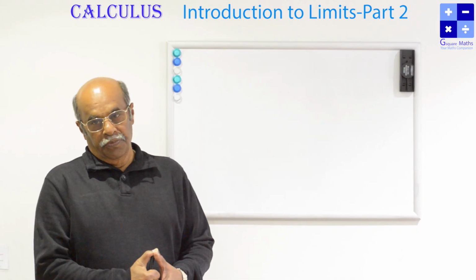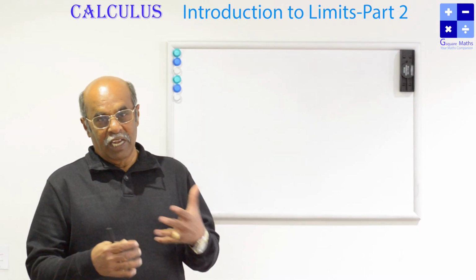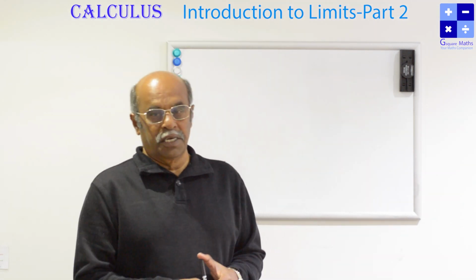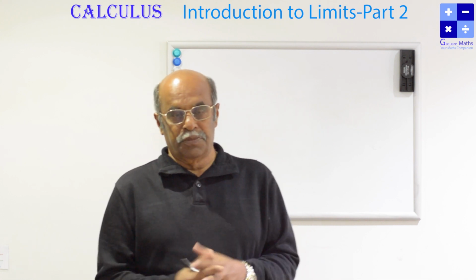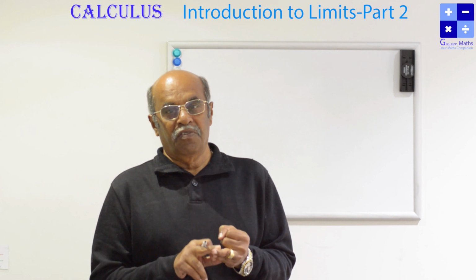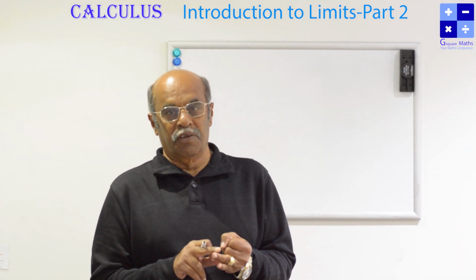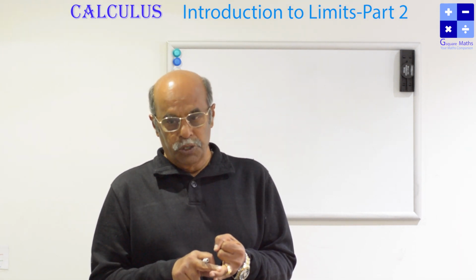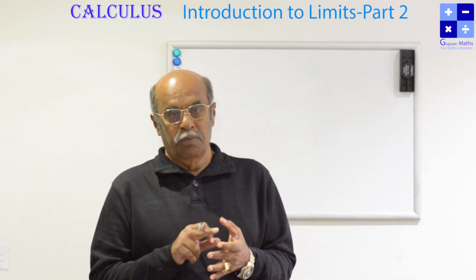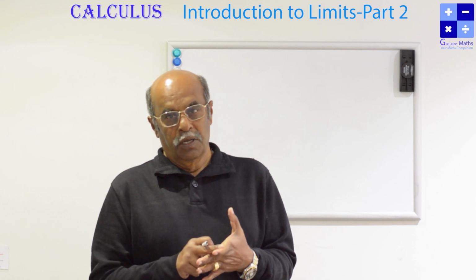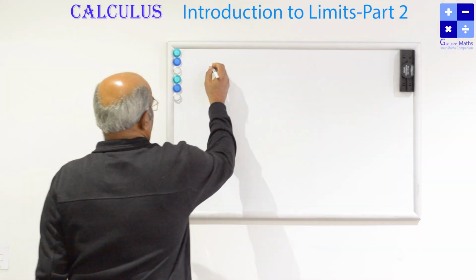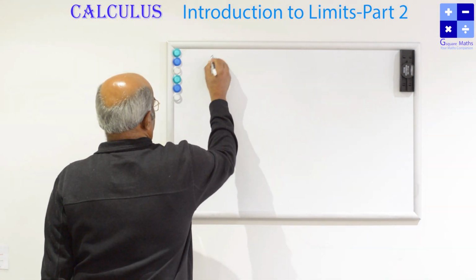Okay, let us continue by seeing how to evaluate limits. In evaluating limits, we are going to see four different types. One is direct substitution. Another is when the function is in the form 0 by 0. And we are going to rationalize, and also use a formula. So these are the four methods we are going to see. Let us come to direct substitution.